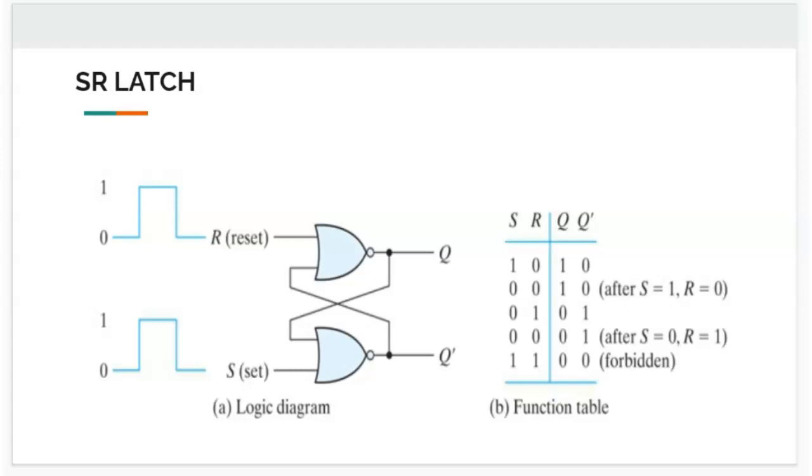The SR latch refers to a set-reset latch, where you have a circuit with a NOR gate here and another NOR gate here, and the point is that the outputs are fed back into the inputs of the other NOR gate. So you have a circuit with two input lines, one called set and the other reset, and two outputs, Q and Q dash. We set up the circuit in such a way that Q and Q dash are complements of each other.